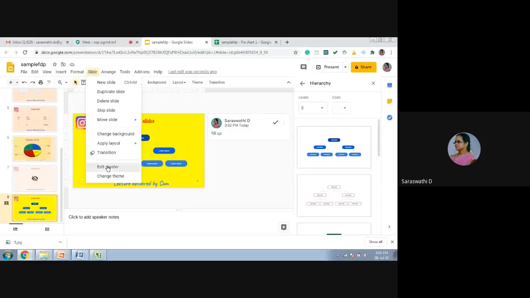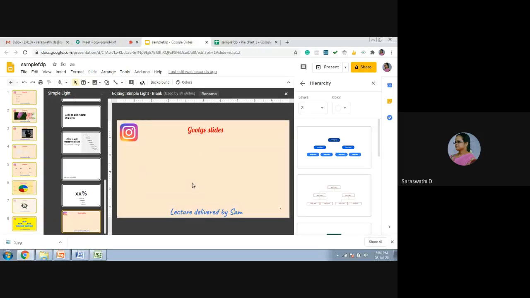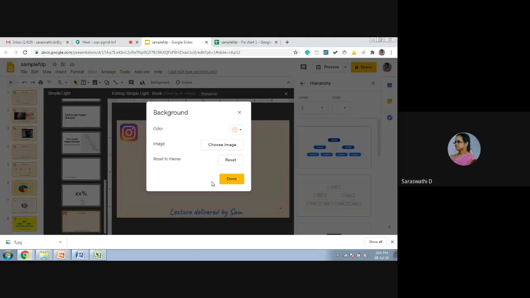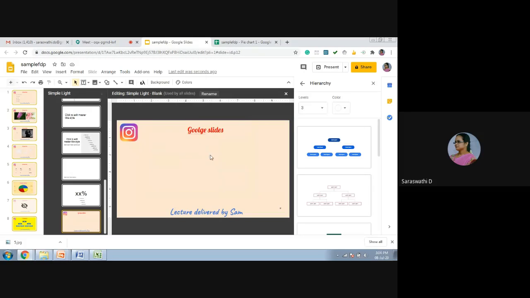And then already we created a master slide. If you want to edit the master slide, you can also edit. See, I'll show you how to edit. Here, just include one more image.